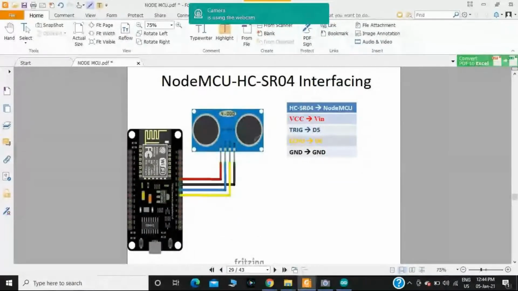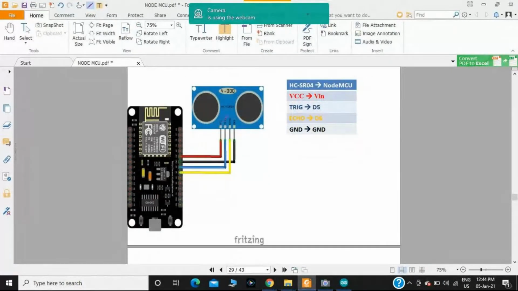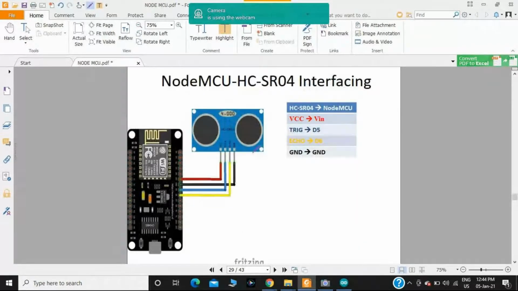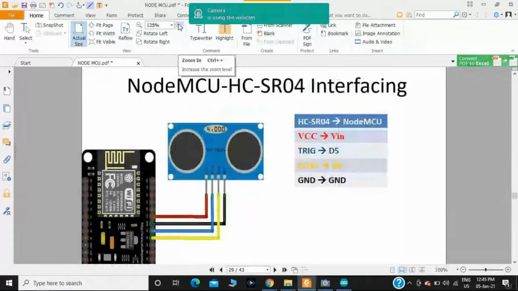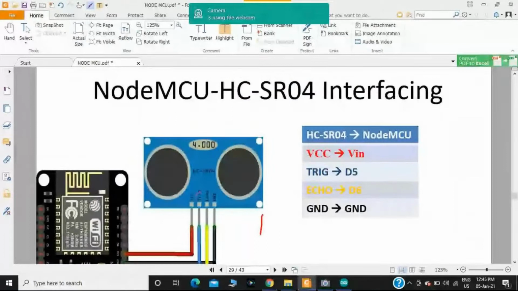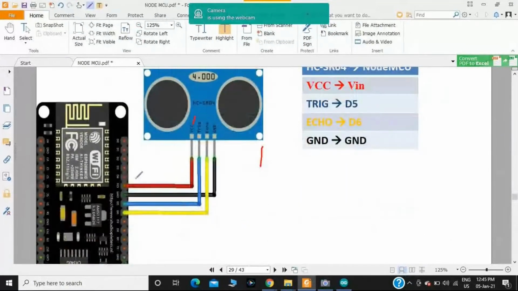Here I have made the ultrasonic sensor interface with the NodeMCU. The ultrasonic sensor has 4 pins: VCC, trigger pin, echo pin, and ground. VCC should be connected to the 3.3 volt pin of the NodeMCU. Trigger pin should be connected to the D5 pin, echo pin should be connected to the D6 pin of the NodeMCU, and ground should be connected to ground.